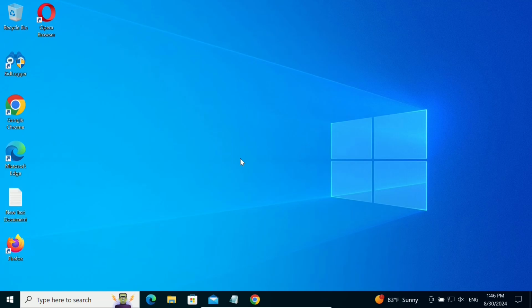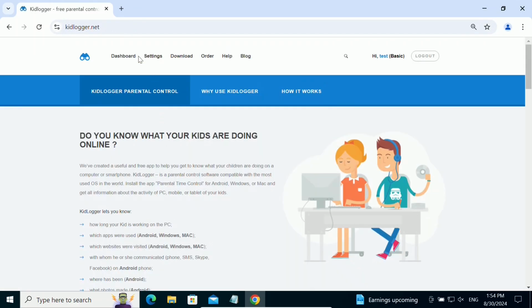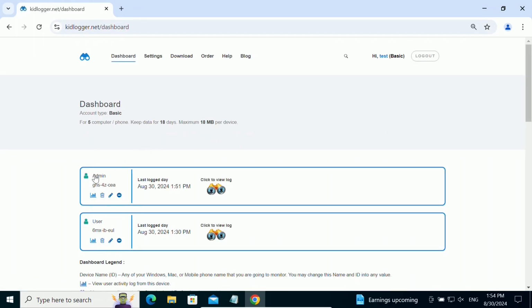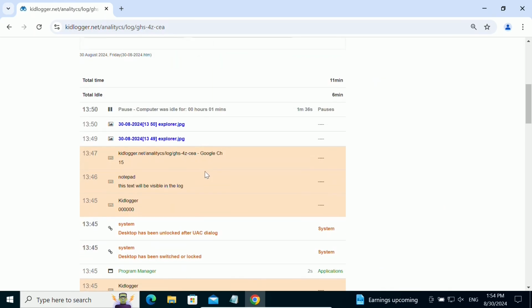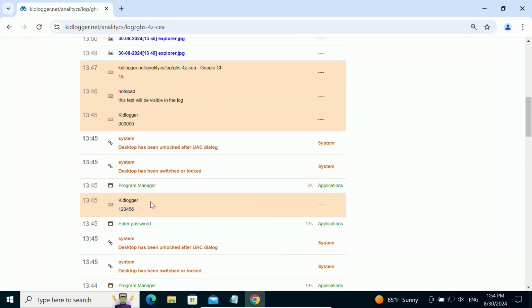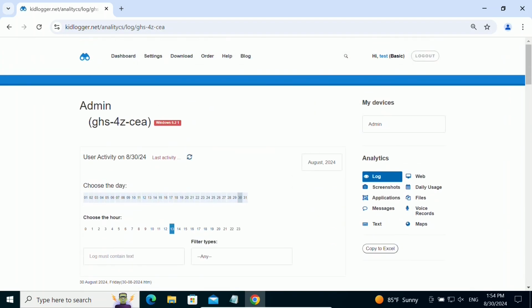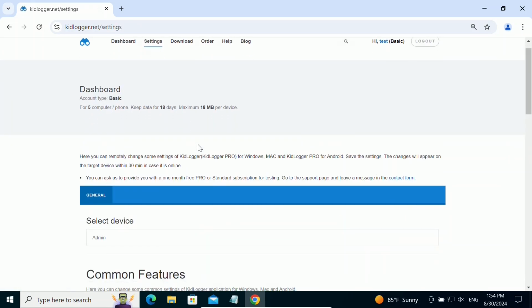After a while, this text will appear in the log on the server. On the kitlogger.net site, you will see the text, including passwords and any incorrect passwords entered. If you don't want to record typed text, you can disable this option and save the settings.